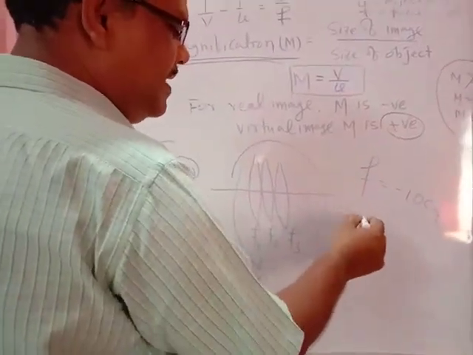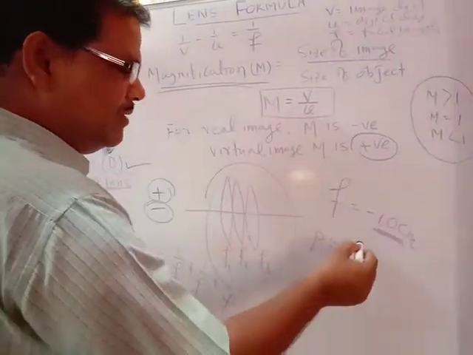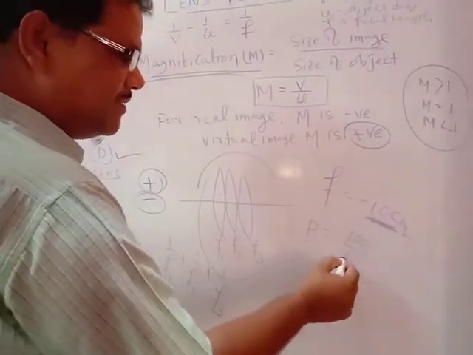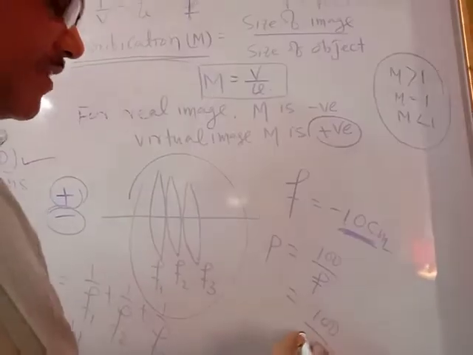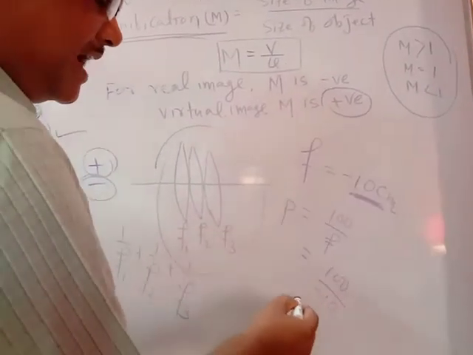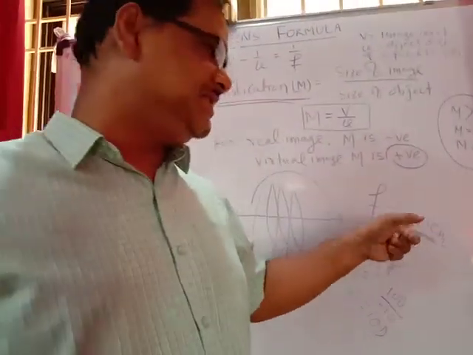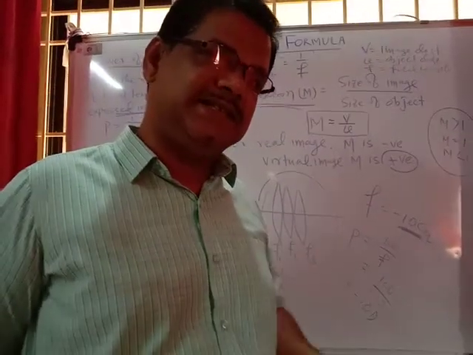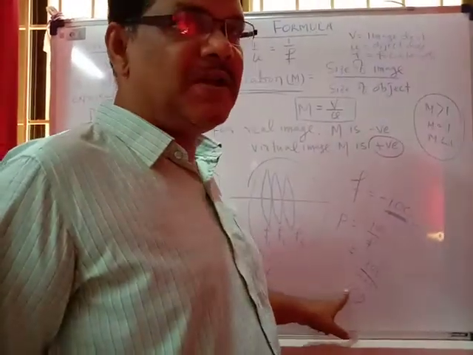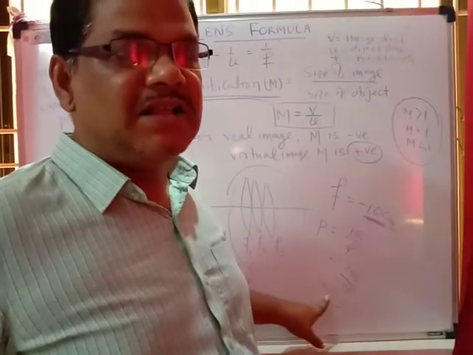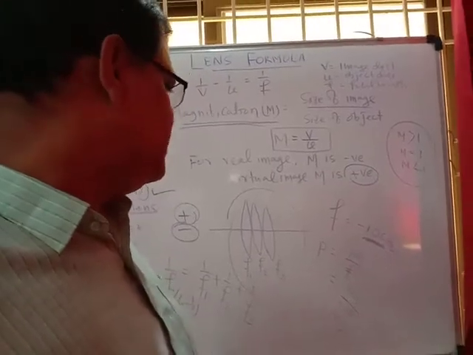Because the focal length is expressed in centimeter, the power will be P equals 100 by f. You have to apply this formula. 100 upon f, where f equals minus 10. So this is equal to minus 10 diopter. What is the nature of the lens? If the focal length is minus 10 centimeter, it is clear it is a concave lens. So from the power also we are identifying this is the concave lens. For concave lens the power is negative. In that manner you can calculate.